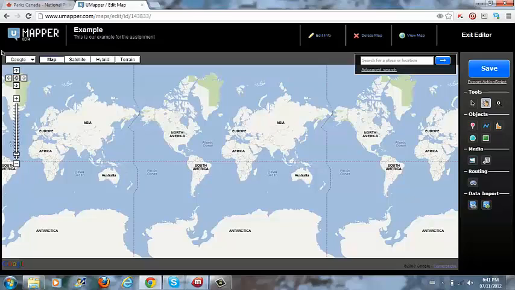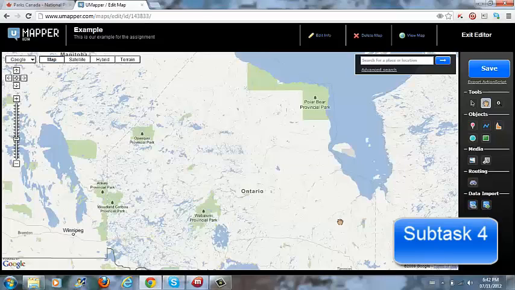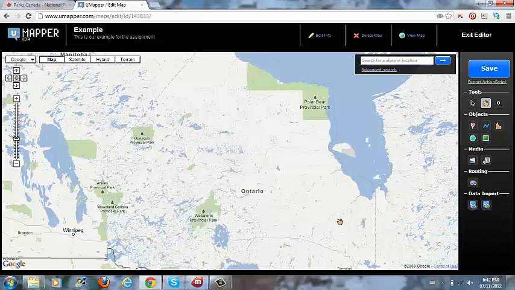Okay, so this is the next step which will come up once they click on Submit. This is umapper being used on Google Maps. So they will go to North America. From here, they're able to actually find the parks that they chose. In this situation, we're going to go with 4 parks that are in Ontario. So the first one is Wabakimi, which is in